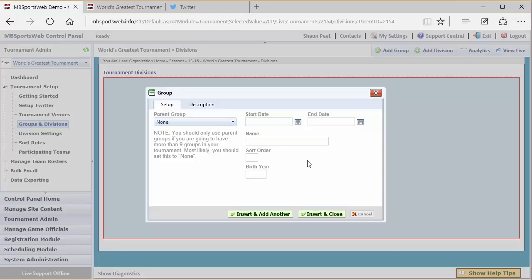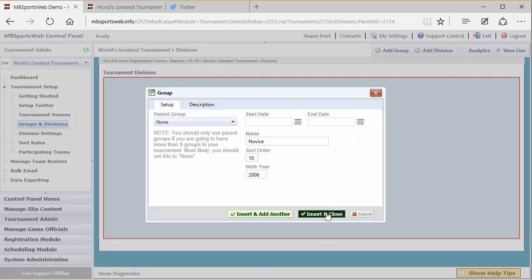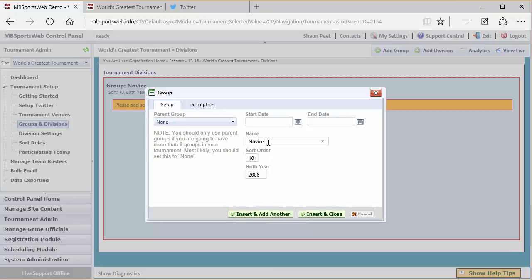So the group name would be something like novice, and the sort order for however you want it to appear on the website, and then the maximum birth year for the players that are going to be on the teams within that group. So it can be whatever it needs to be, and then you can also give it a description if you'd like. So we can do insert and add another to create another group, and we can create